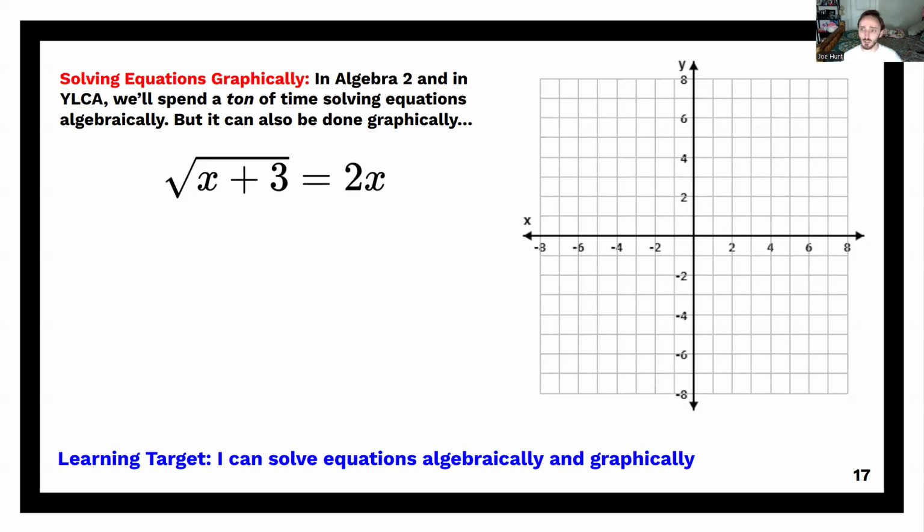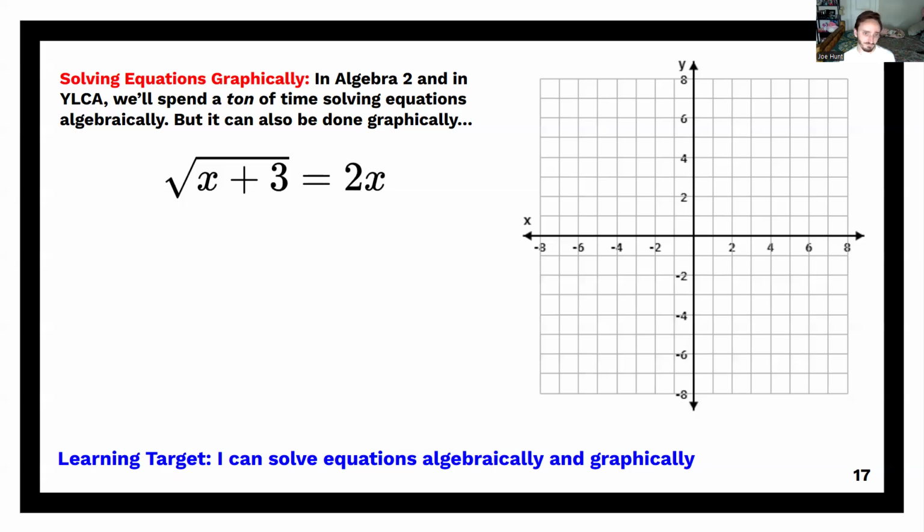If I told you that there's an algebraic equation here on the board, and I wanted you to solve it, there's a lot of ways that you might be thinking about how to approach this guy. If you were thinking about it algebraically, maybe you square both sides, rewrite it as a quadratic in standard form equal to 0, and then think about a factoring strategy or maybe the quadratic formula. But what I want to emphasize here is that if you're trying to solve this graphically, there's a different